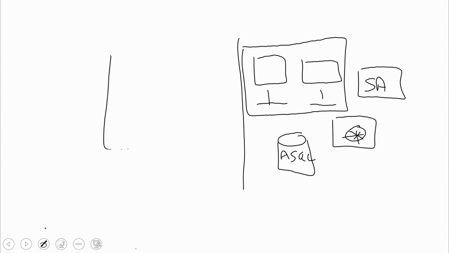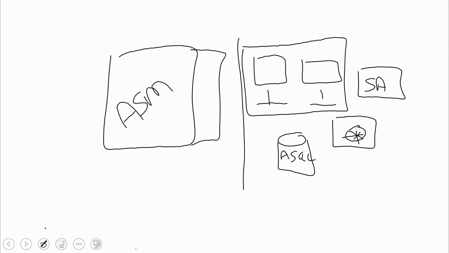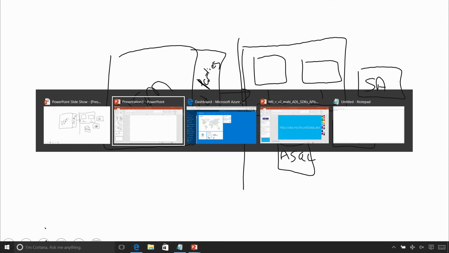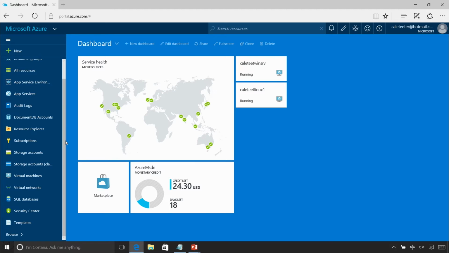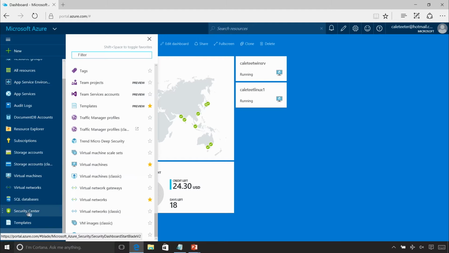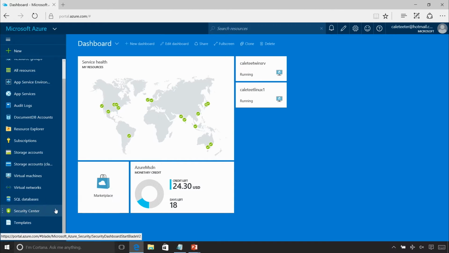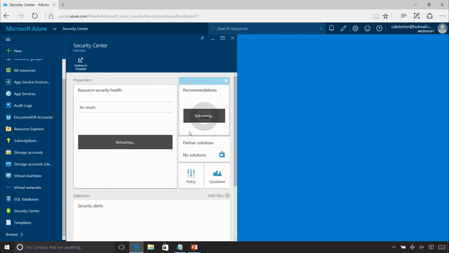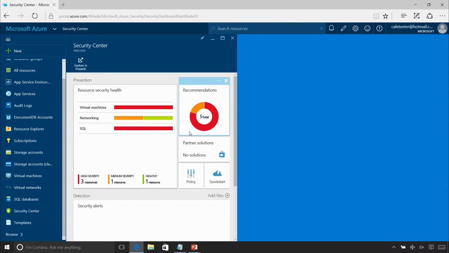So from this sense, we have this big module over here called ASM, which has a provider model for plugins. We have third parties who are building stuff as well as some things that we have natively inside Azure that will be able to do scans and give you some feedback about your infrastructure. So if we pop over to the portal, to find this, go under Browse and look for Security Center. I have it pinned here. When you go into Security Center, by default, it's going to show you what's going on inside your provisioned resources for that subscription.